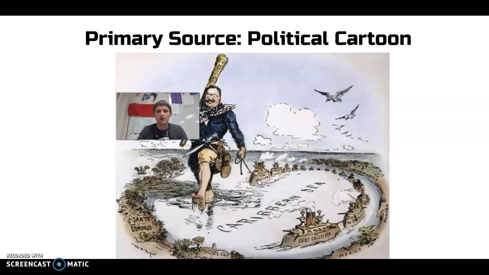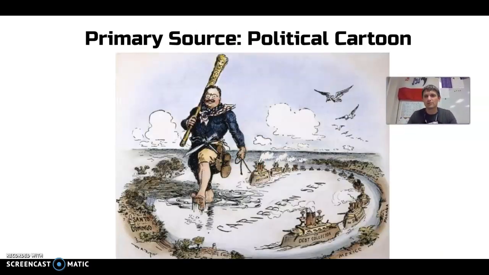I did spend some time talking with students about political cartoons and what they are. We haven't probably spent too much time with them, but I bet if you go and find a newspaper like the Sioux City Journal, you can find a political cartoon in there today. The thing to look for with political cartoons are words that are put onto certain objects and symbols, like this big stick this person is carrying, as well as maybe the string and the Navy ships that are being pulled. It's all trying to send a message. And it's created by an artist.